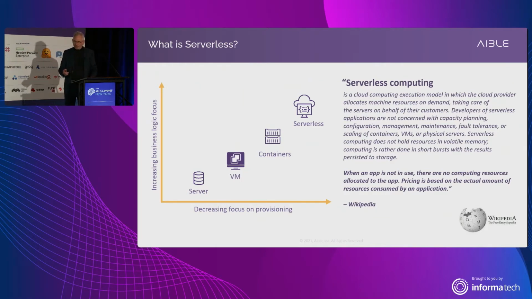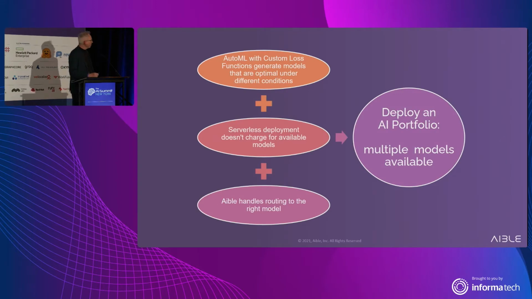And this is what opens up the possibility for a different look at how I'd actually do AI. So instead of doing the one true AI around a particular metric that I've chosen, I am going to sweep across a range of business conditions by creating a custom loss function. It gives me a way of getting a bunch of AIs that will respond in different ways to different business conditions.